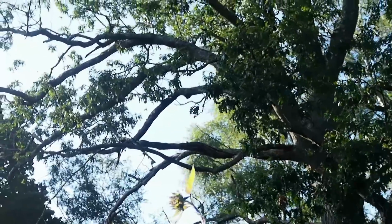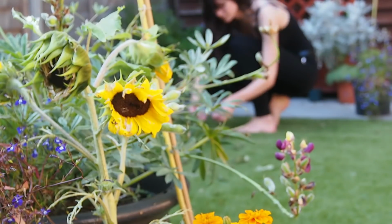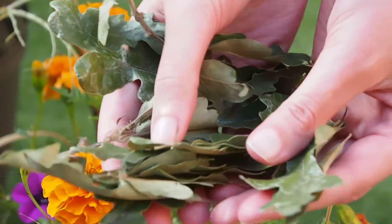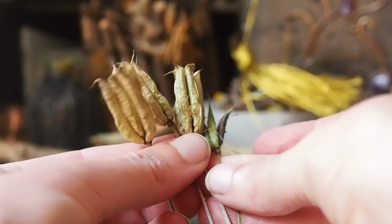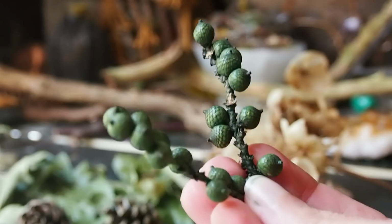I have this beautiful oak tree at the bottom of my garden, and every day I find little gifts in my garden from her, so it didn't take long until I gathered an abundance of oak leaves. I also gathered some seed heads from my garden. I could imagine the oak fairy dancing and patrolling, and these seeds would fall from the crown, spreading them to